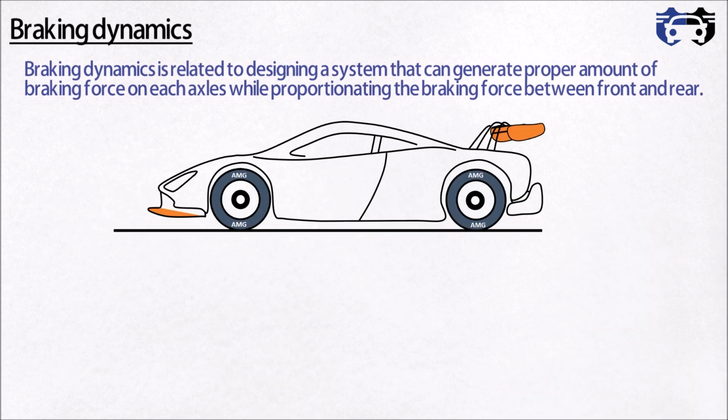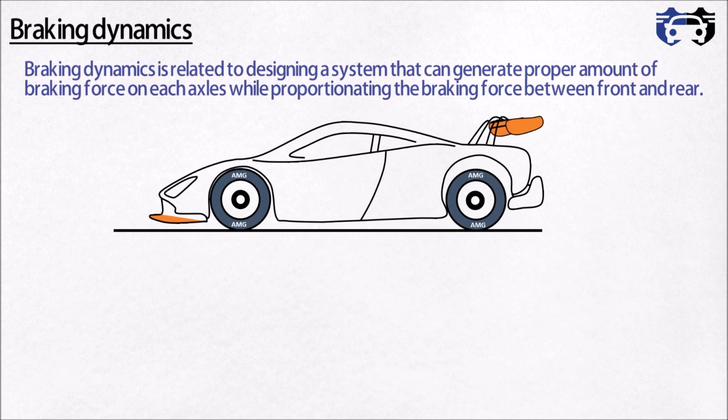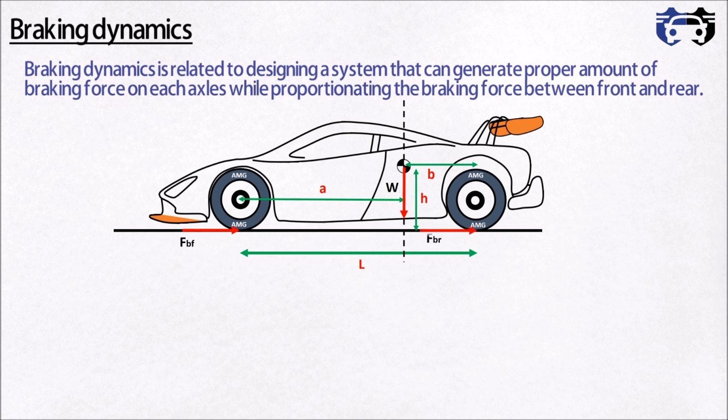Now suppose the vehicle is traveling with some velocity and then the brakes are applied. Here the front braking force is FBF and the rear braking force is FBR. In this situation, the load on the front tire is given by WFD and on the rear tire by WRD. As you know, the vehicle is braking, so the inertial force, or D'Alembert force, will act at the center of gravity in the forward direction, whose value is W by G into D, where G is gravity and D is the deceleration of the vehicle.